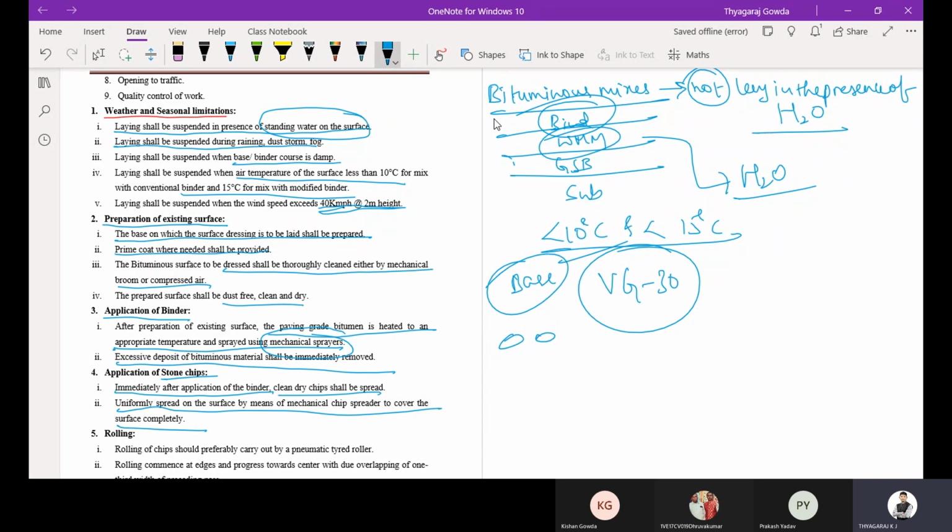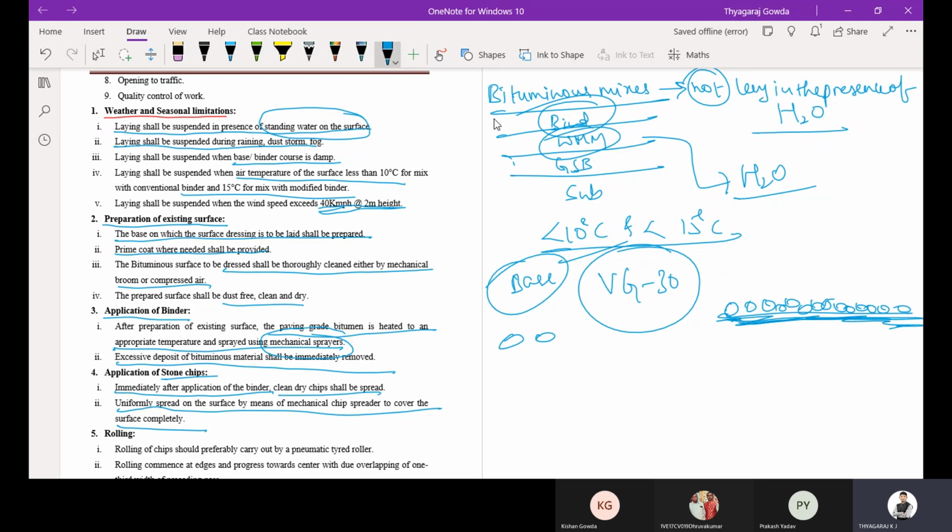Then the next thing is rolling. So how is it constructed? The first layer is full of bitumen. Above that bitumen, the stone chips are applied. Above the stone chips, you are going to roll the surface.